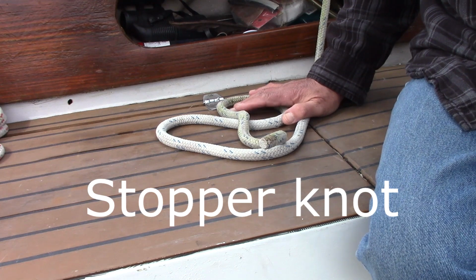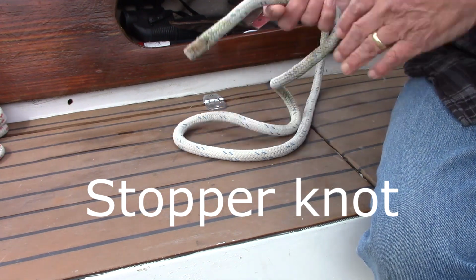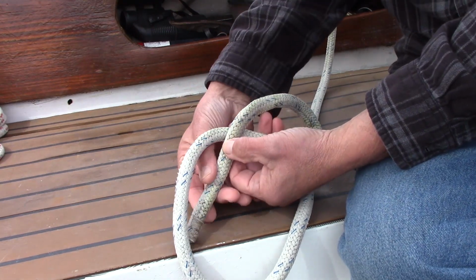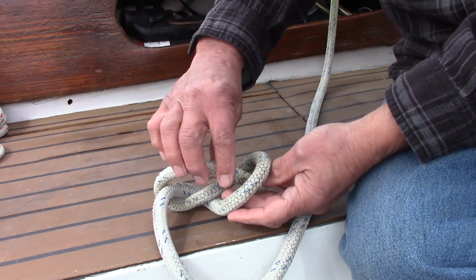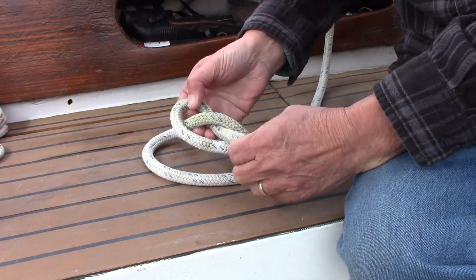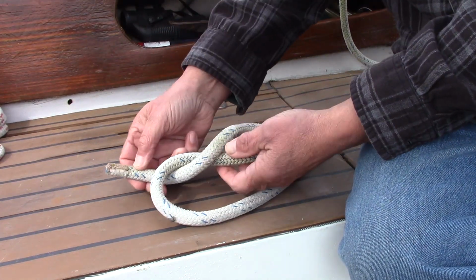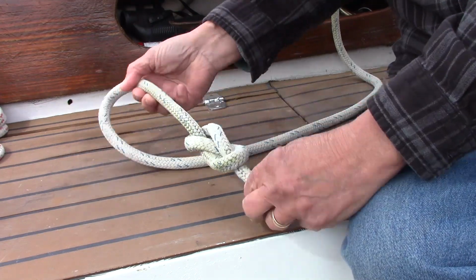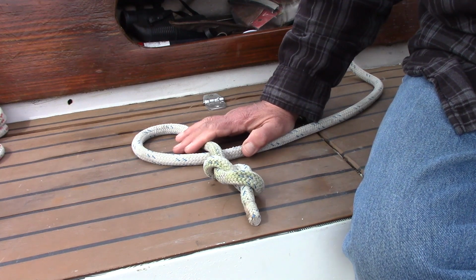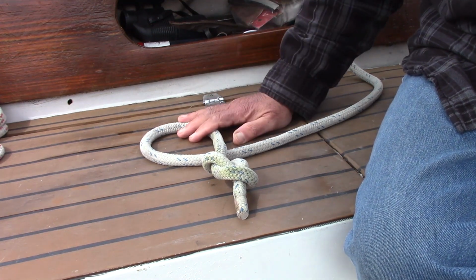The first one, which we use quite frequently on the sailboat, is a figure 8 or a stopper knot. And that's really easy to put together. Just lay a line across, come under, and back in. Now you see, we have a figure 8. Across, under, back through. The stopper knot. And this is important for when you don't want a line to get away from you. For example, this is on my jib sheets so that it doesn't run through the block should it get away